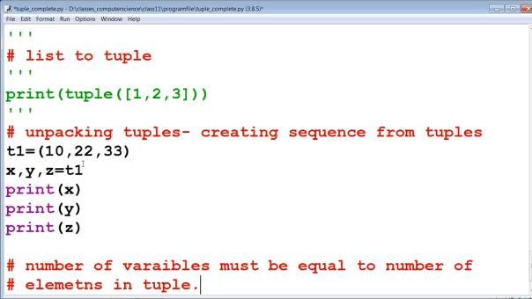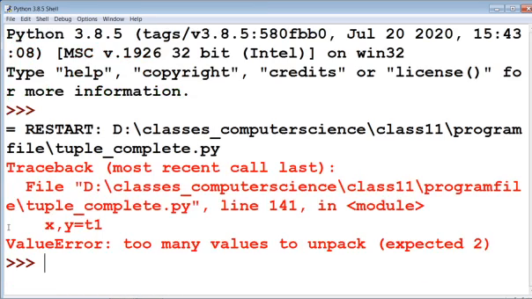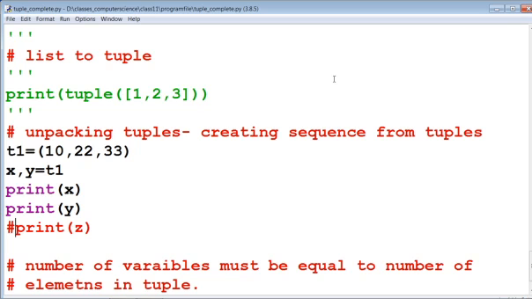Because if we have 3 elements, then we have to assign 3 variables. If we assign only x and y, then we can check the output: value error, too many values to unpack, expected 2. That means we cannot unpack the tuple if the number of variables and the number of elements are mismatched. We have to keep the number of variables and number of elements the same to unpack tuples.